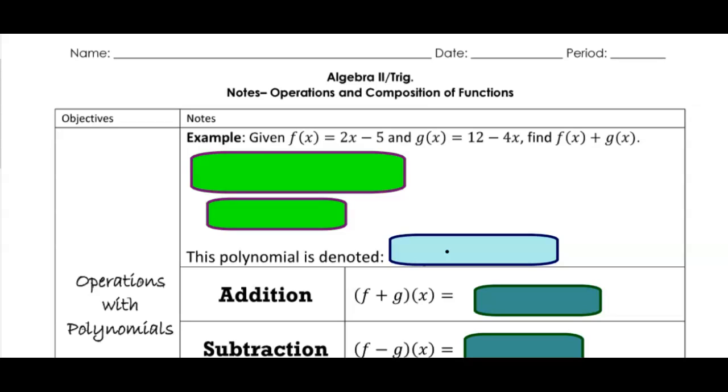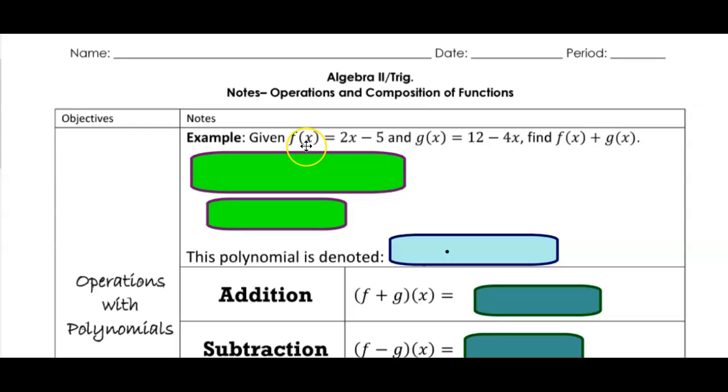Today we will be discussing operations and composition of functions. So operations is just your typical add, subtract, multiply, and divide, and later we'll talk about what composition means. So we are going to start with operations. So the first type of operation,